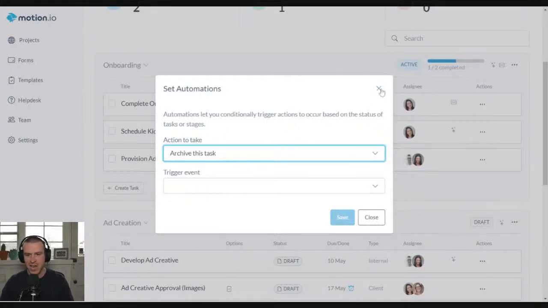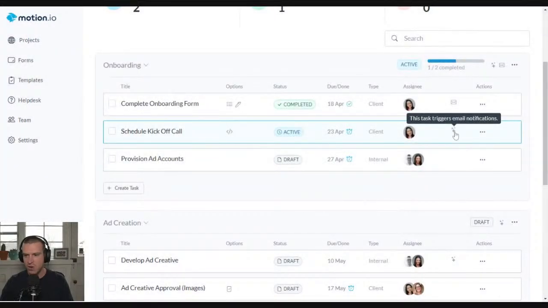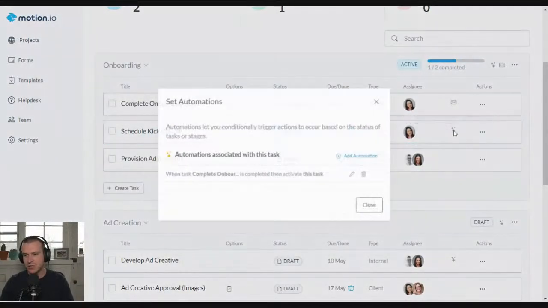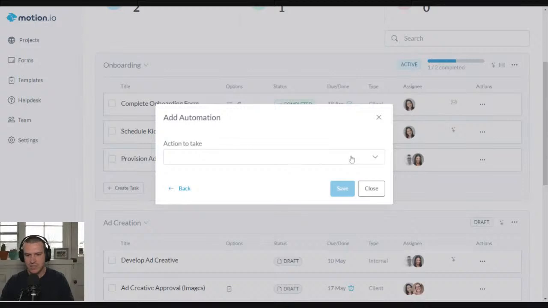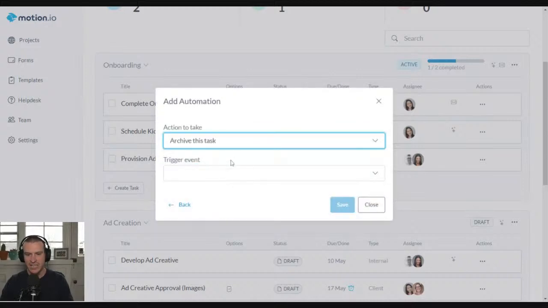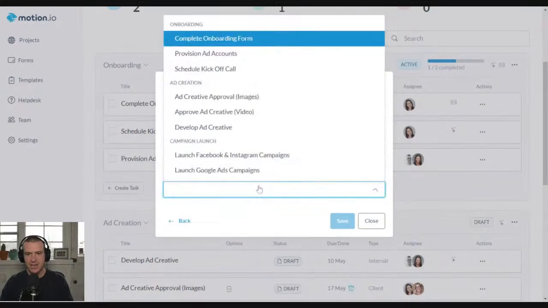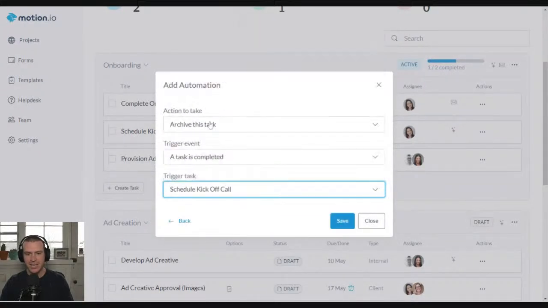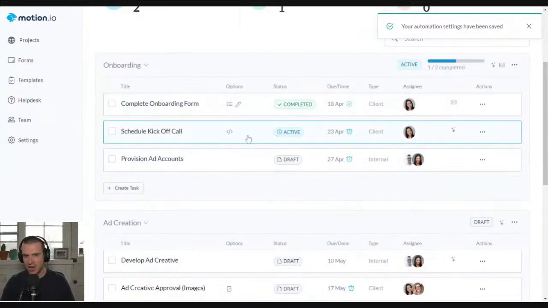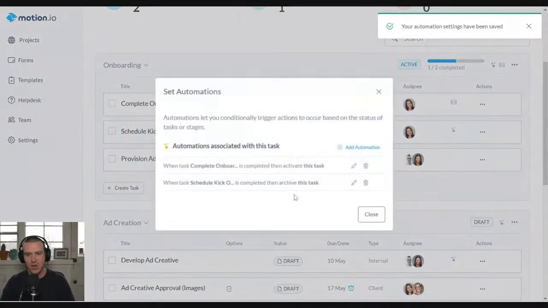An example of a task that I might want to archive would be this schedule kickoff call task that, once this is completed, I don't really want the client to have access to this calendar anymore. So I would choose archive this task, and I could even choose the task itself as the trigger for it being archived. In other words, once this task was completed, the automation action set up within this task will go ahead and